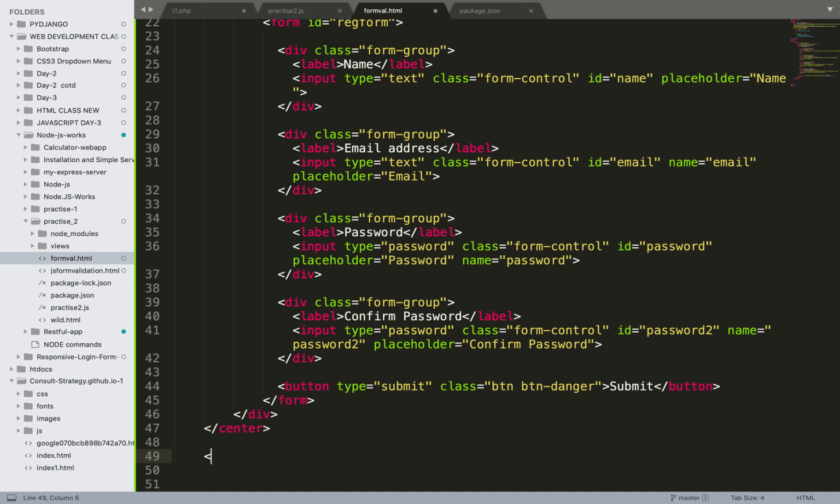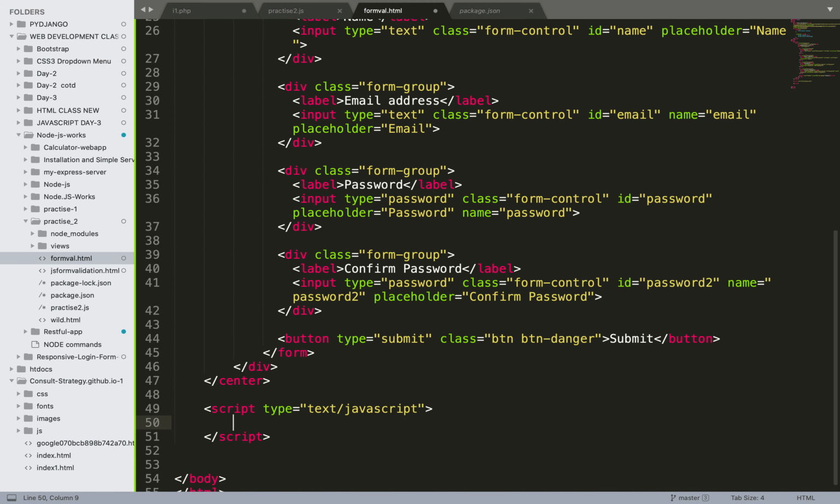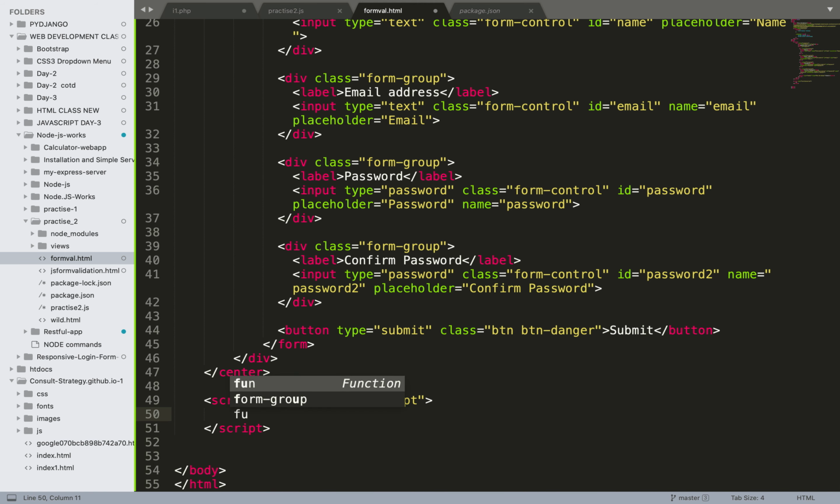So for working with JavaScript, we need the script tag. Fine. So inside script, first let us make a function. Basically what a function does is it performs a specified task. So here also we are creating a function. Like on clicking the submit button, what will happen? Whenever I click on the submit button, it submits your page. Whatever data is there, it submits your data.